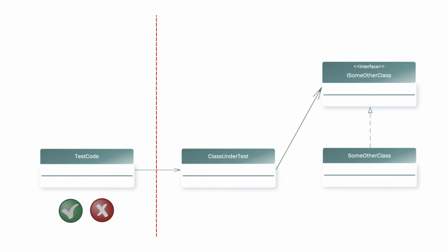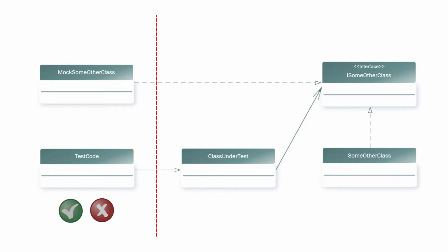And what that then means is that although we're going to use some other class when we're actually running, we can, in our test code, write a mock some other class. And you can see there I'm putting it on the left because it's part of the test code, not part of the application code. But it still implements that same interface, and therefore the class under test can switch between the two implementations and will not be aware which one of them it's dealing with. But our mock some other class can, like all mock code, be very simple. It can just return a hard-coded value or essentially do nothing at all, and therefore there's nothing to go wrong, and therefore if we get a red light, we know it must be in our class under test.